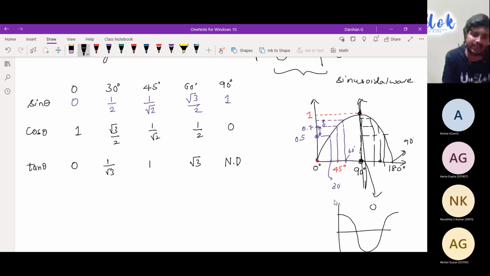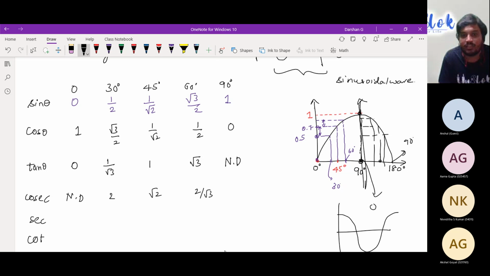Now we have to do cosecant, secant, and cot. I know you will do it, but I will still do it very fast, because this is for reference. So cosecant is 1 by sine. So it is 1 divided by 0. 1 divided by 0 is not defined. And write the reciprocal of this, reciprocal of this, reciprocal of this. 1 divided by 1, which is 1. Next, 1 divided by 1 is 1. Or you can simply write the reverse of cos. Simple. So next one, root 2, this will be the same value, this will be the same value. 1 divided by 0 is not defined.